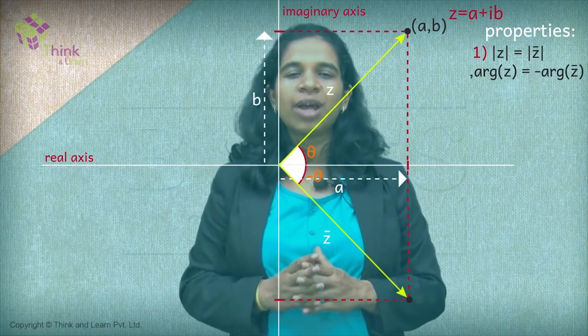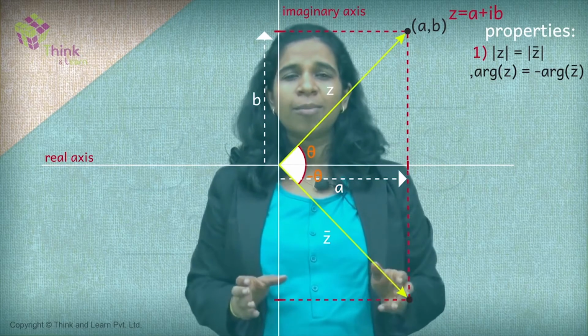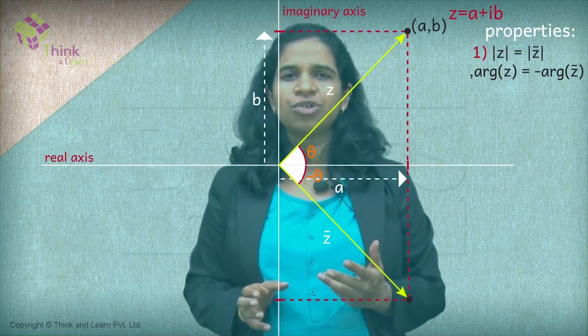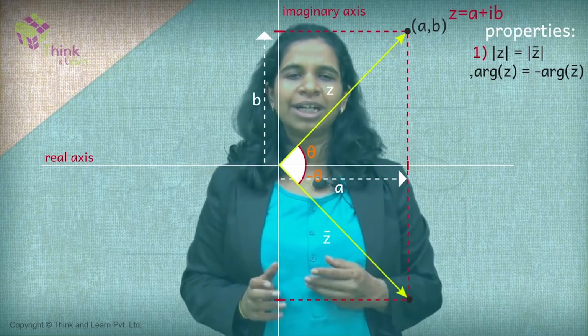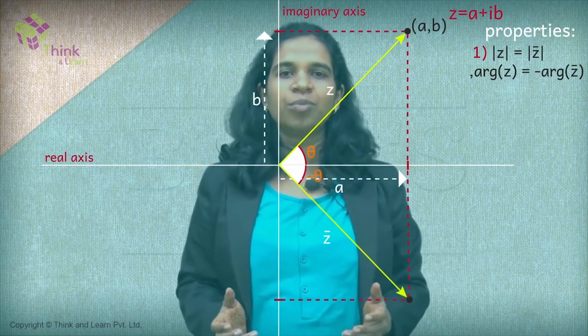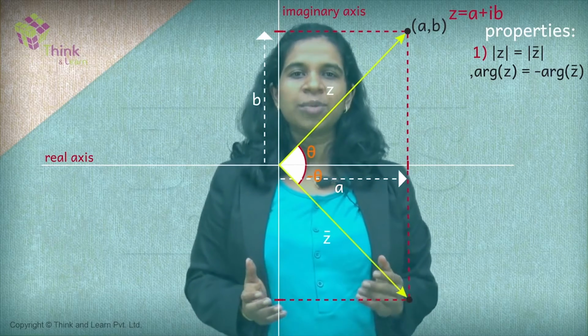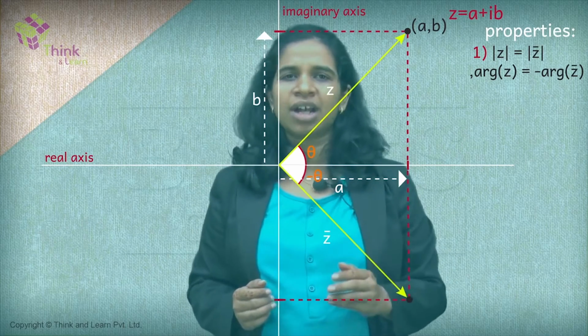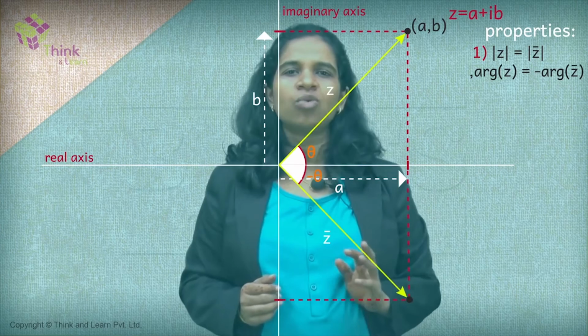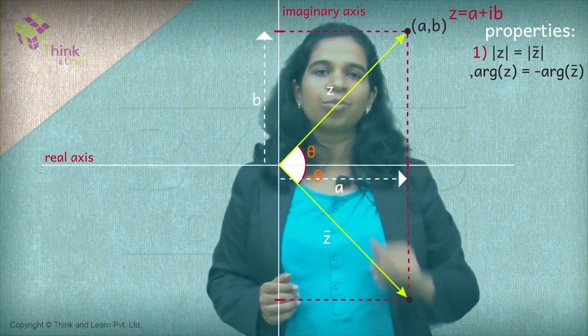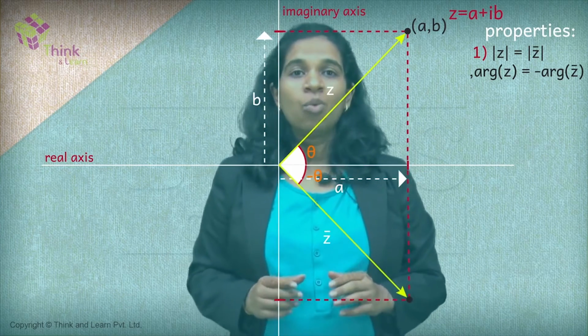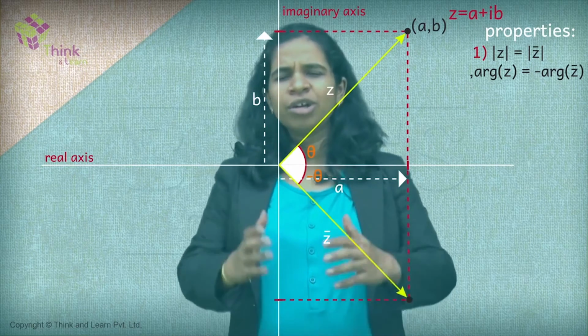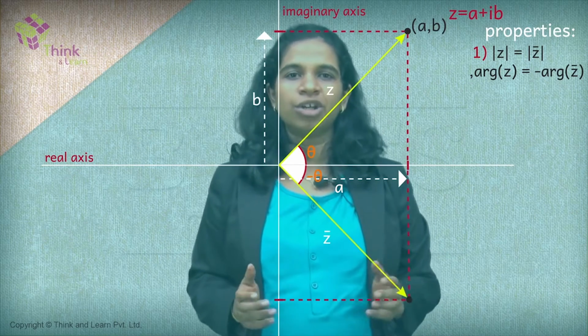Essentially, most of them, once you visualize it, once you draw a complex number, will be obvious to you. You'll automatically be able to understand. So you don't need to memorize 12 or 13 properties. Once you understand the concept of a conjugate and you visualize it in a graph, you yourself will be able to figure out what the property is, right? Like the second property. Second property is when z is purely real. Now, I don't need to really teach you this property. You'll be able to see it yourself.